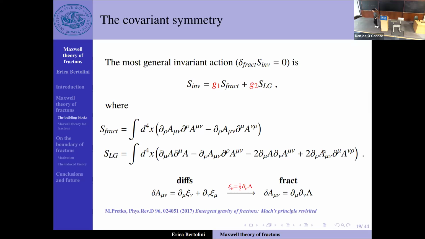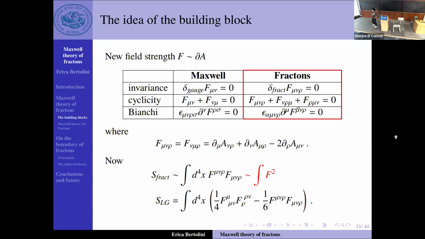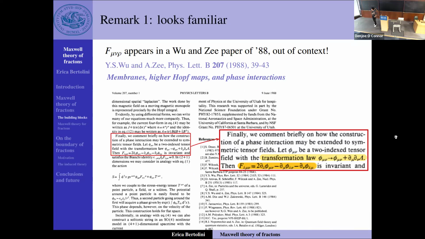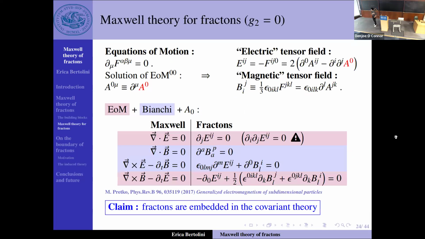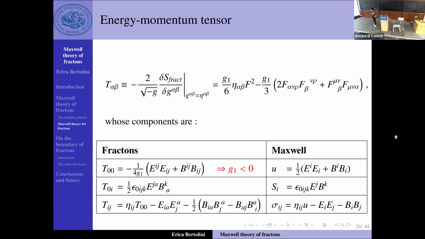Just what would the Hamiltonian be here? So we have the Hamiltonian for this fractonic part. Yeah, it's E squared plus B squared. Yeah, it's just like in Maxwell. Oh, it is the sum. Yeah, that's it. And what is E? E is the electric field. But in terms of A,